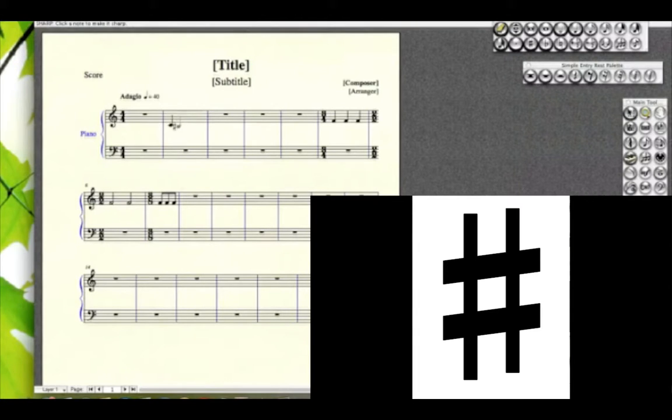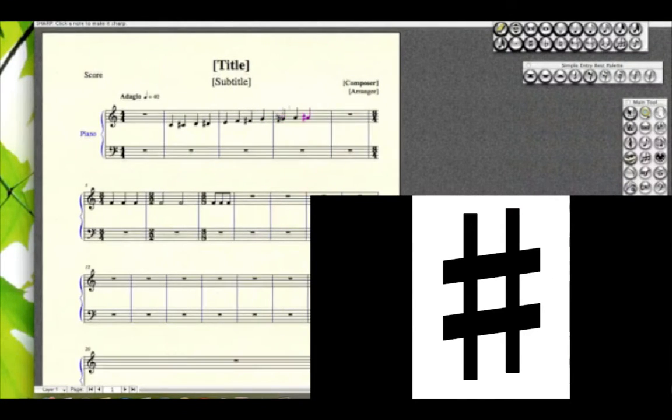So C, C sharp, D, D sharp, E, and then E sharp and F are the same note. So since E sharp and F are the same note, we should pick one. So let's get rid of E sharp because that's confusing, and then F sharp, and then G, G sharp, A, A sharp,